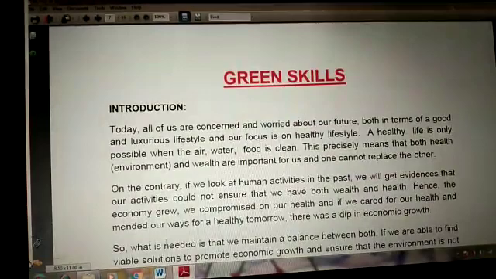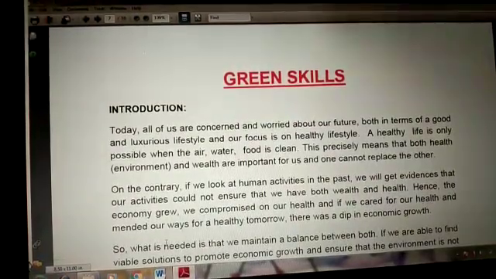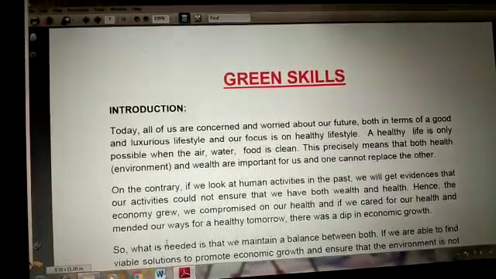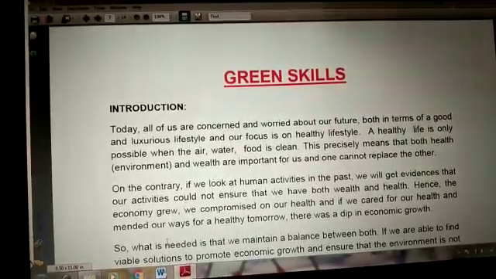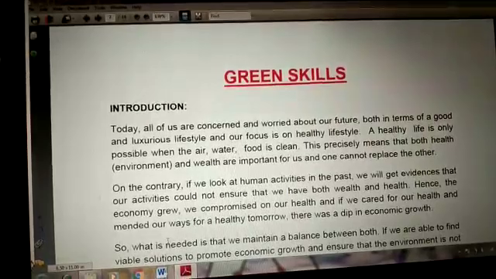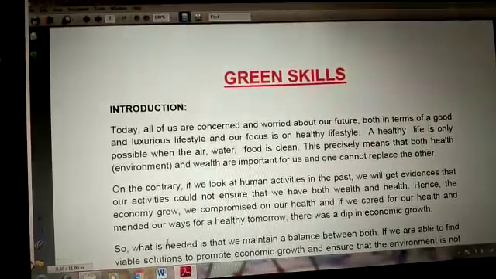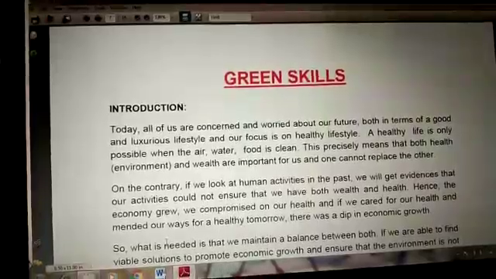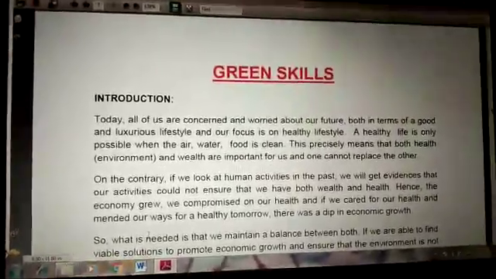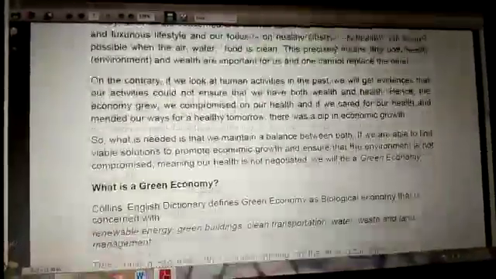Now, I will come to the next unit, that is called Green Skill. Green Skill is also a topic which you have covered in your SST as well as in science. There we have seen the plants and the preservation of plants and greenery. This is what we are going to study in the Green Skills, right?